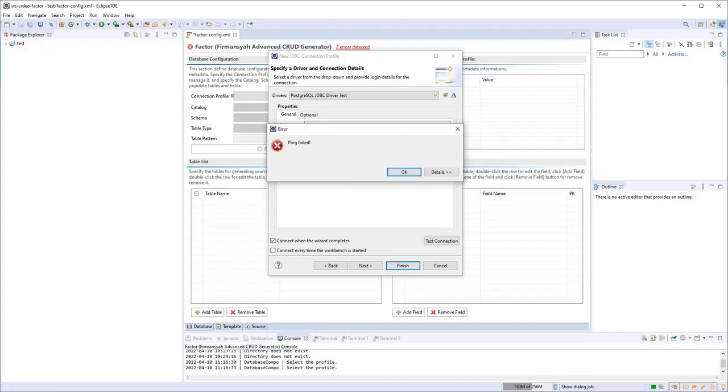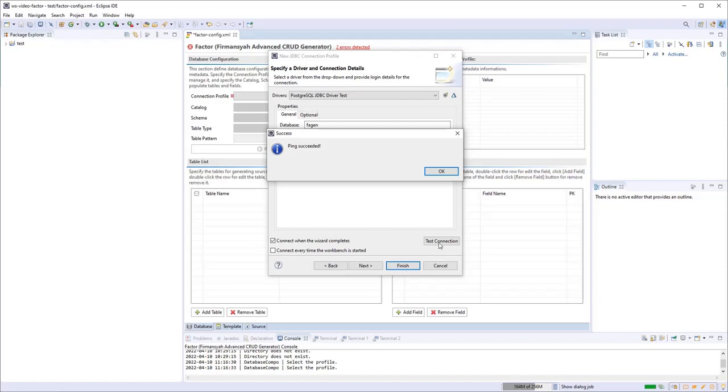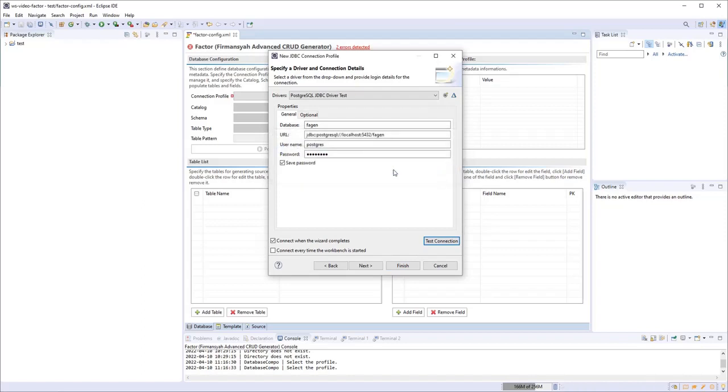Okay, I just turned on my Postgre services, so let's check the connection first. Okay, this time the ping is successful. So just click OK, and then we can click Finish.